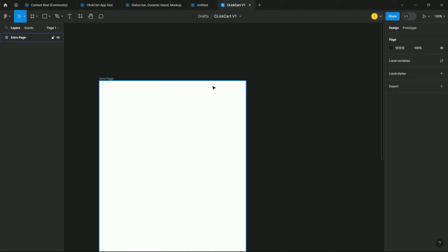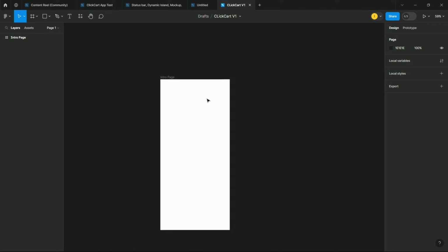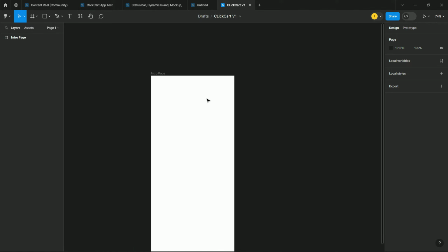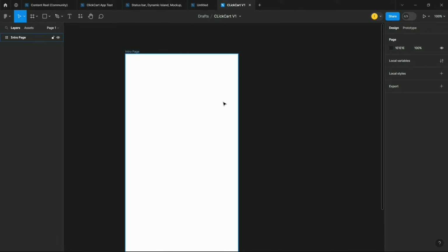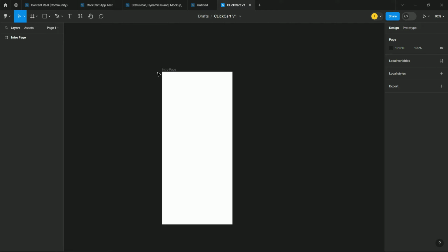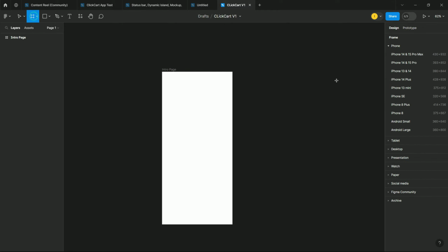If you want to zoom in or zoom out of this interface, hold Control and use the mouse scroller. You can also do the same thing by holding Control and using the plus or minus button. So this works the same. Now let's say you want to add another frame, so you can go to frames again and you can add iPhone 14 or 15 Pro Max,